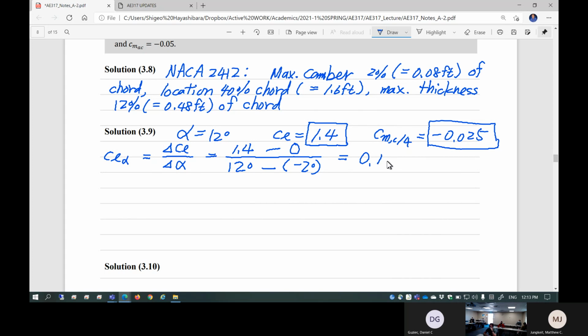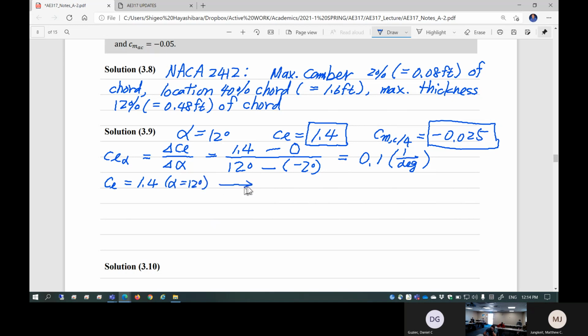0.1, okay. What's the unit? Per degree. This is CL alpha. This is the lift curve slope out of the data set given. And also, if the CL is 1.4, which means this is alpha equal to 12 degrees,